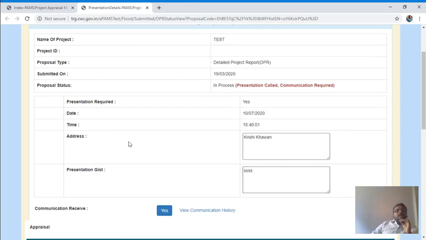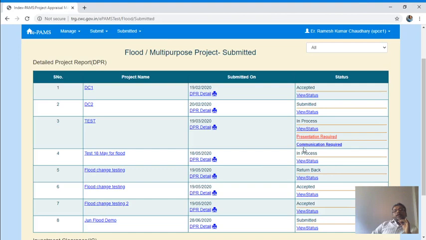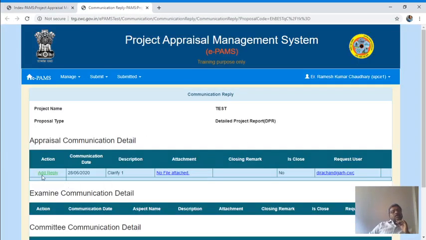You prepare it and go for the presentation. And there is one more option, communication required, meaning the nodal officer wants some clarification from you. The nodal officer has generated a query for you, clarification. Just click it. Yes, there is an entry on 28, clarify 1.